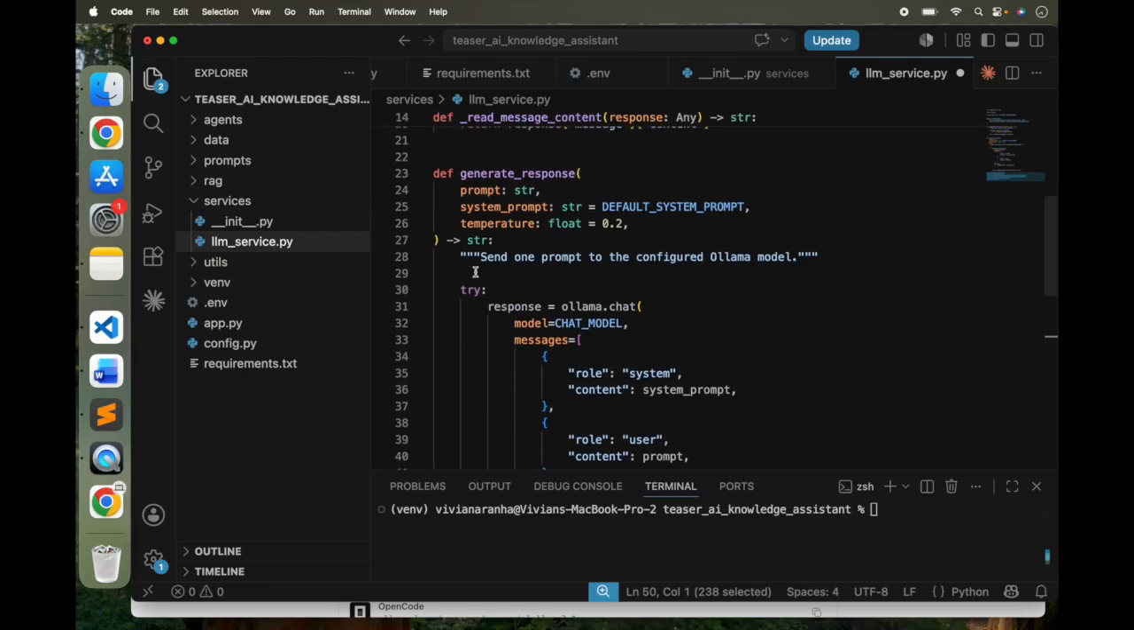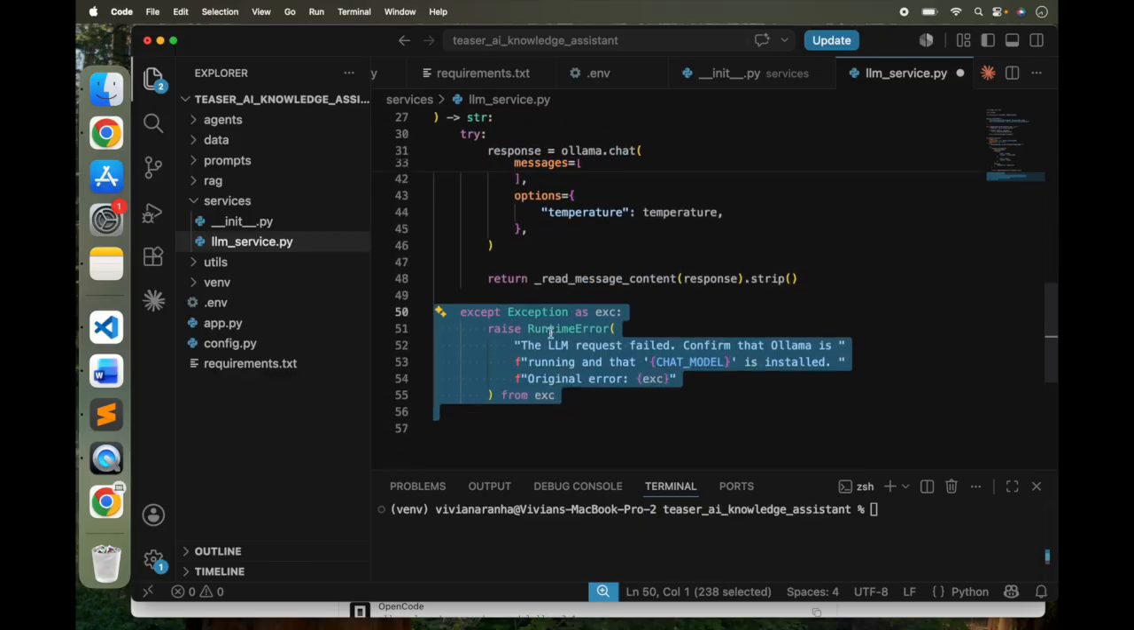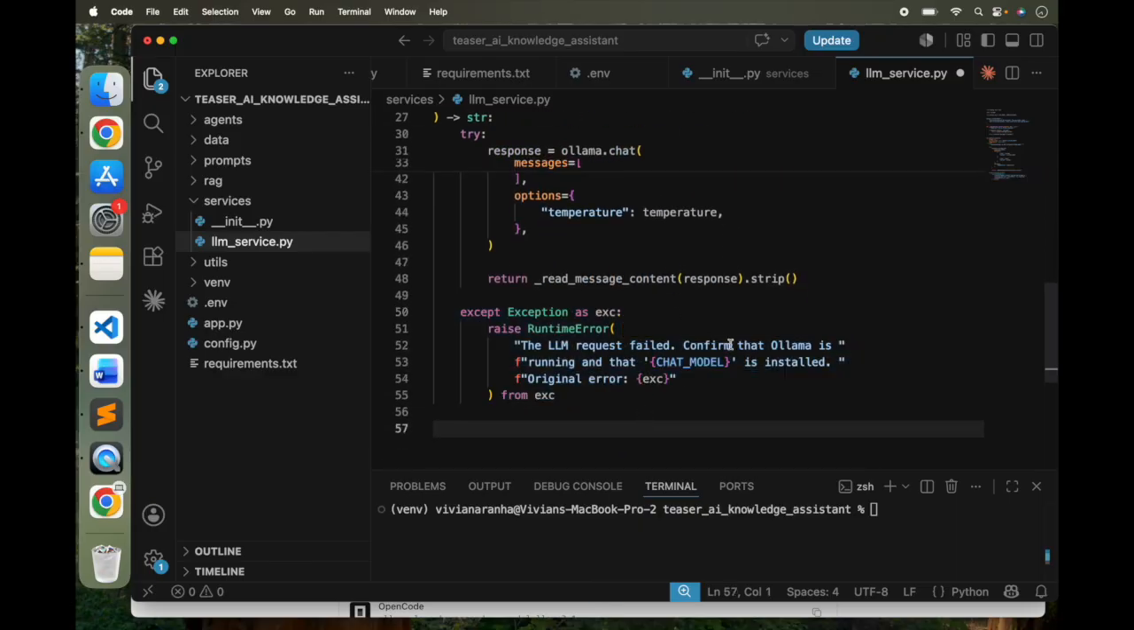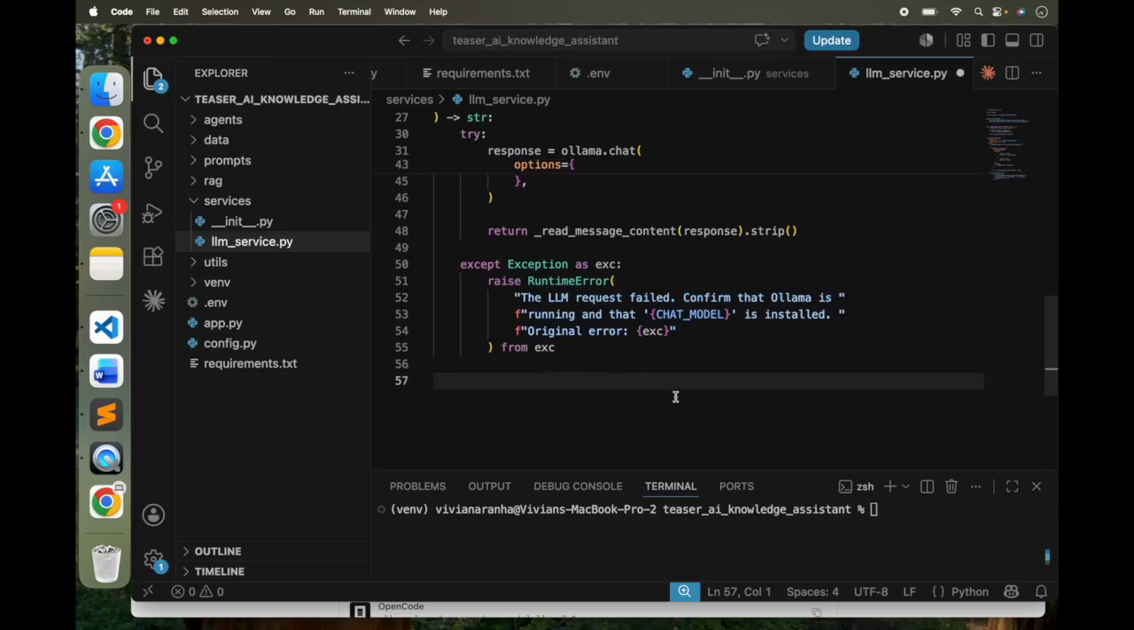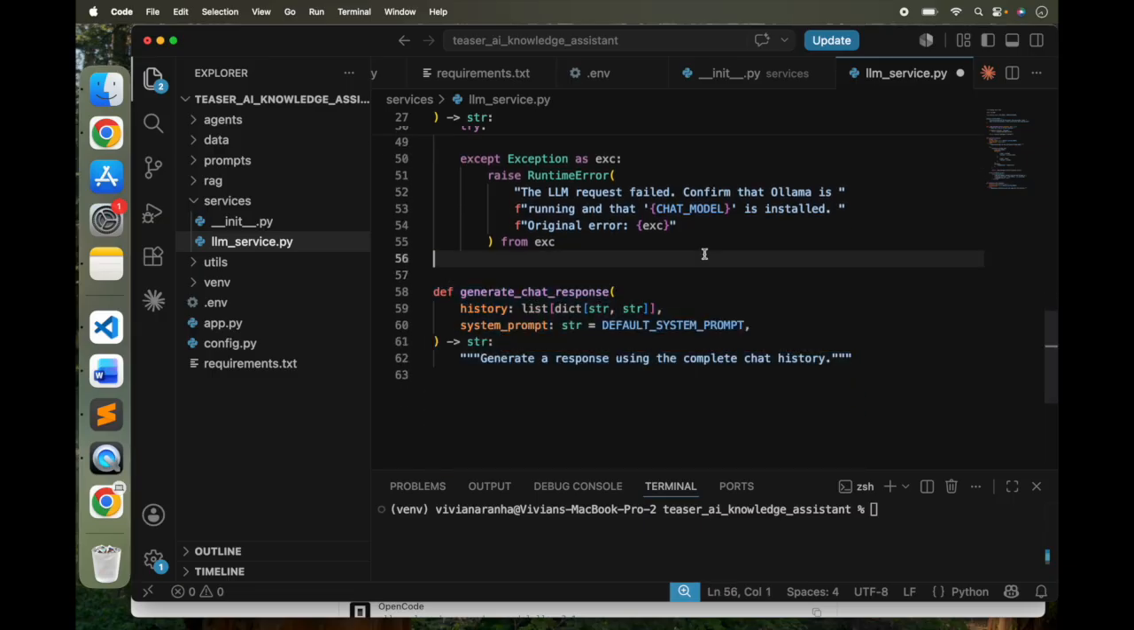I'll also look for, if you remember, I've added a try, and I'm going to look for exceptions. The LLM request failed, confirm that Ollama is running and that chat model is installed. So make sure that everything is available. If not, we'll get this exception. Next function